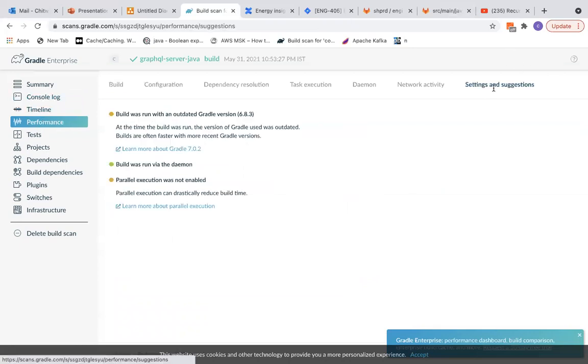Here it shows you suggestions also, like parallel execution can drastically reduce your build time, so we can use it to optimize your builds. Another thing is that you can host this scans.gradle.com web-based UI on-premise also, so that programmers get a chance to store the build history and analyze those later and see how we can optimize our builds.